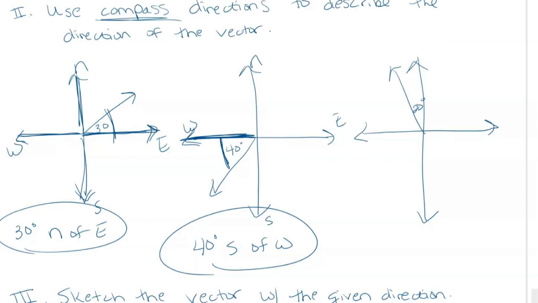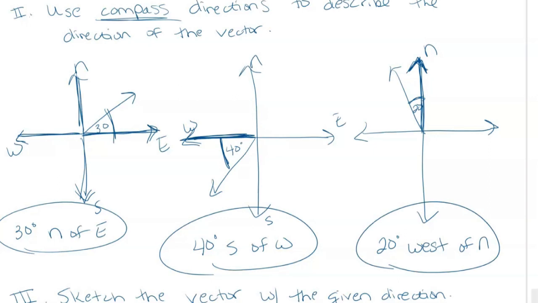All right, let's do one more. Again, what axis is it associated with? It's the north one, right? And in reference to this axis, I'm west. So I'm 20 degrees west of north. All right, so just make sure that you're orienting yourself with respect to the axis, and I think that you